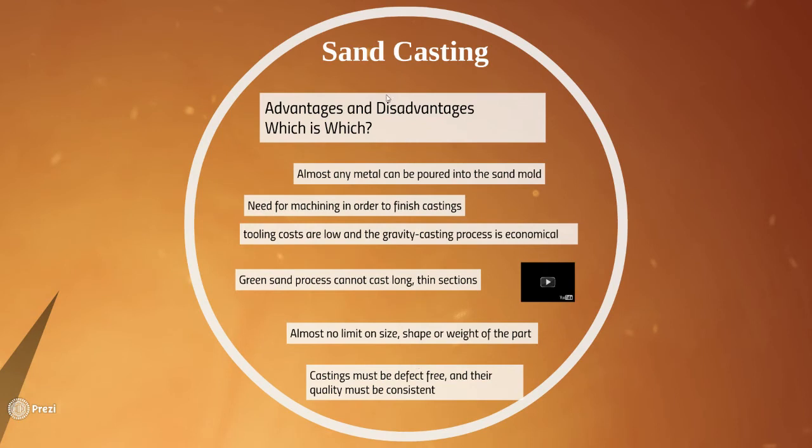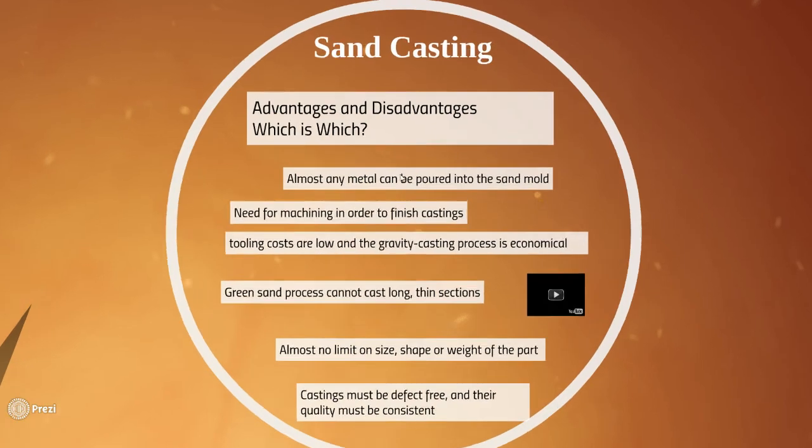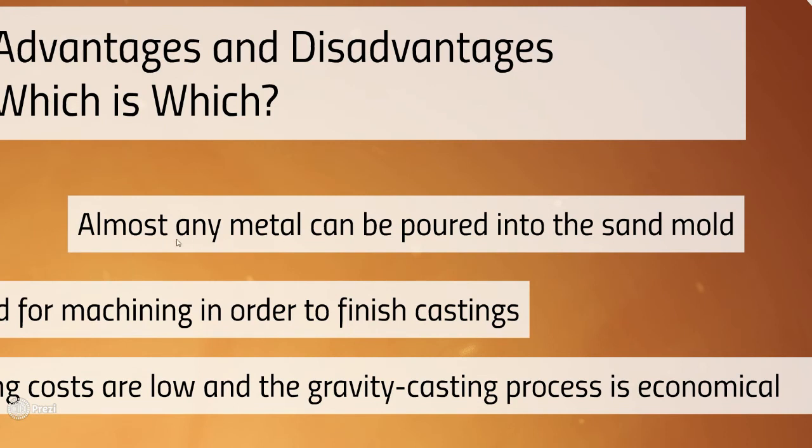All right, now let's look at sand casting in general and think about what are some advantages and disadvantages. Now I'm going to point to either an advantage or a disadvantage, and I want you to think about which one is which. So let's look at the first one. Let's say that almost any metal can be poured into the sand mold. That's going to be an advantage. One of the great advantages of the sand casting process is that the sand has very high refractory properties. That means it can withstand very high temperatures,